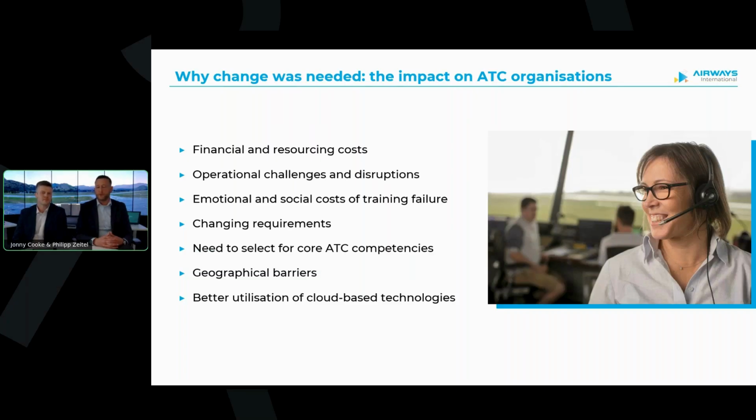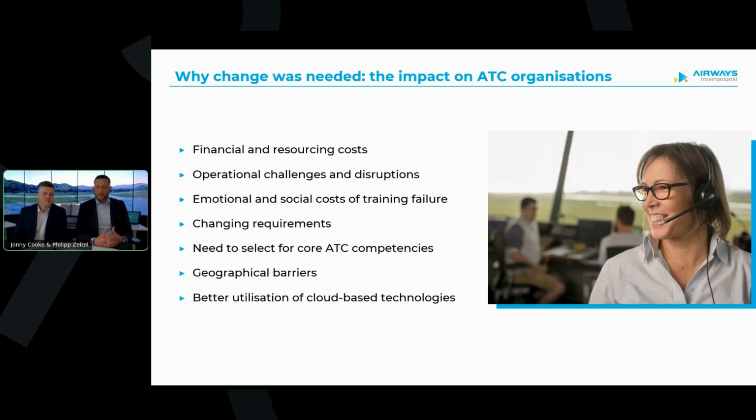There's also a real negative consequence for candidates themselves. If people are selected and they don't have the right skill set to be successful in their career, you basically set them up for failure, and you have a lose-lose situation.